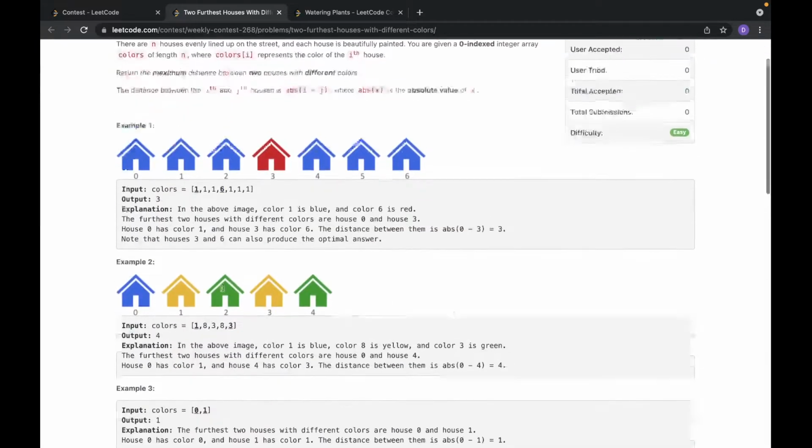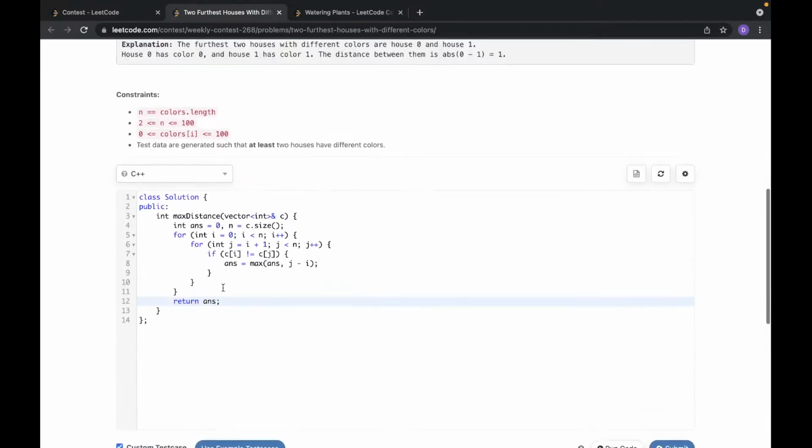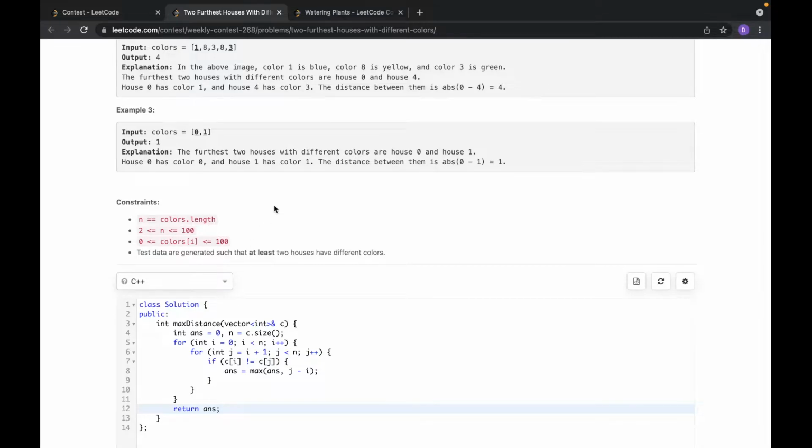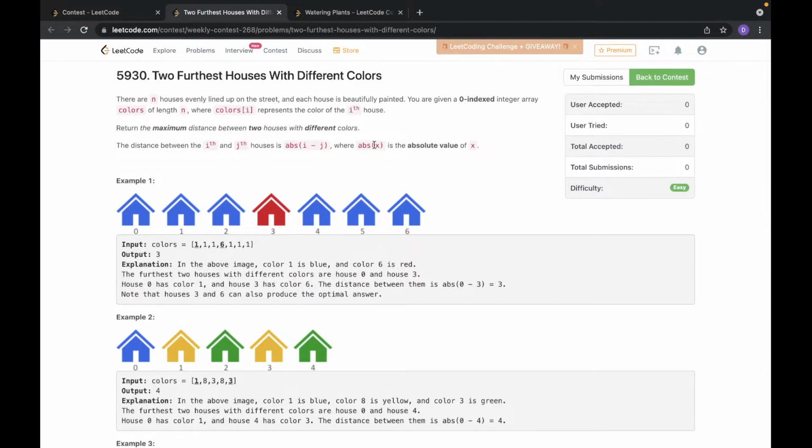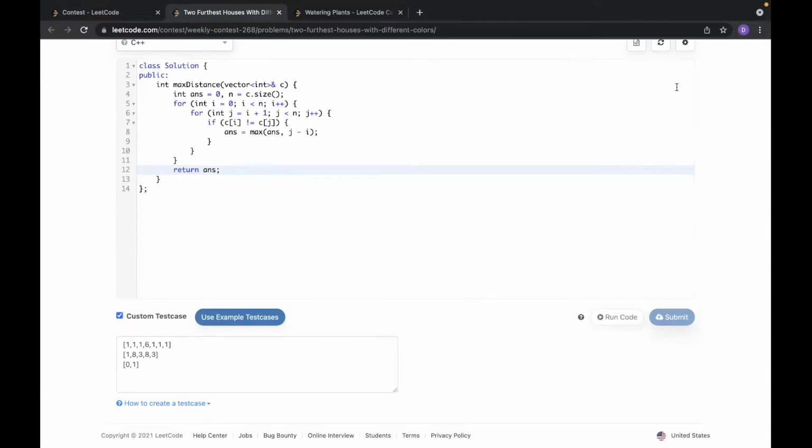3, 4, 1. 3, 4, 1. How do I do it? There's no different colors. I think, yeah, it should work. So,